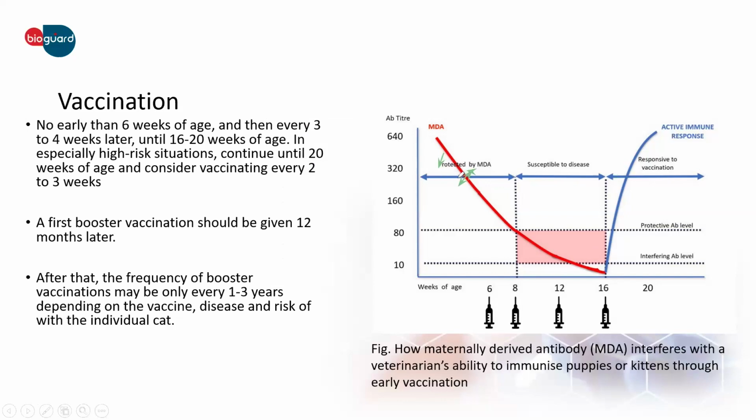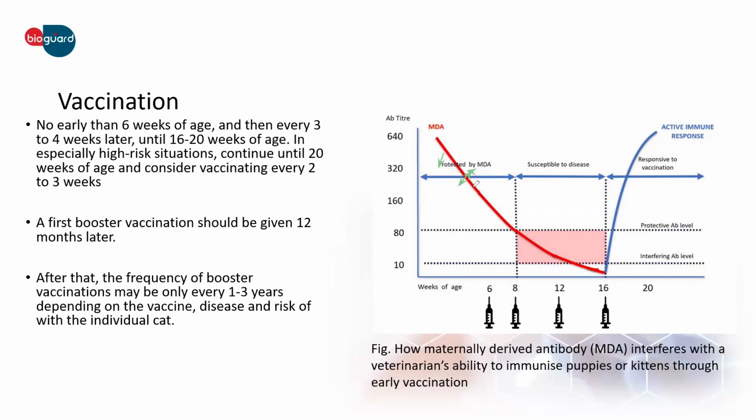That means if the antibody is above the blue line, it can well protect the kittens from FPV infection. So even when the maternal antibody drops below the blue line,